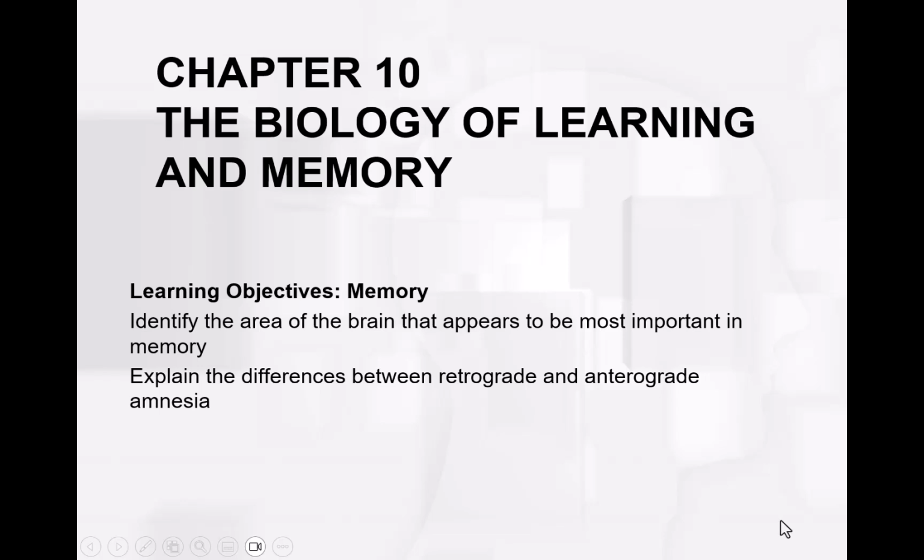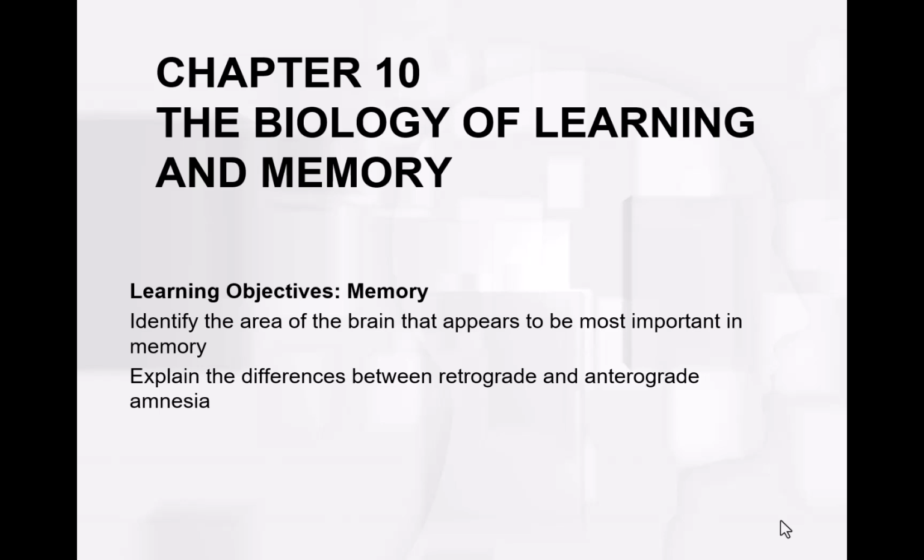Hello and welcome. As we move to the next part of Chapter 10, we'll be discussing the area of the brain that appears to be most important in memory. And then we'll explain the difference between retrograde and anterograde amnesia, because in a following video, we will use amnesiacs like Henry Molaison to understand what parts of the brain are really important for these different types of long-term memory